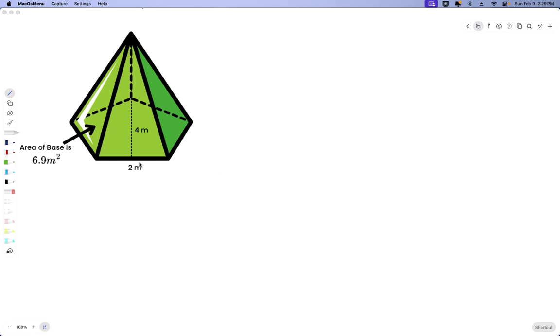But what we see here is it is a pentagon, which means 1, 2, 3, 4, 5 sides, right? So I'm going to just sketch out that shape to remind myself of what that is. Okay, there's that pentagon there. So there's going to be 5 sides, so I'm going to have 5 triangles to go with that. So that's going to equal,